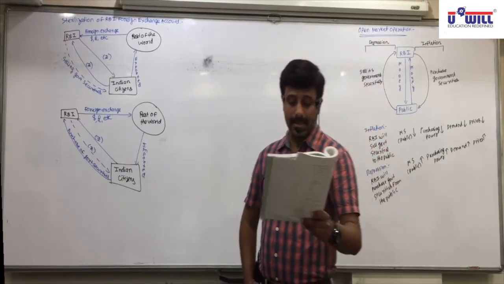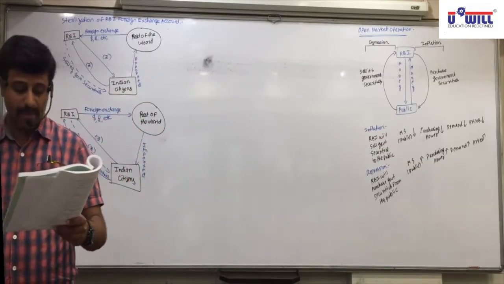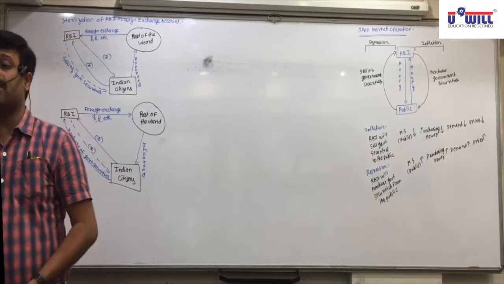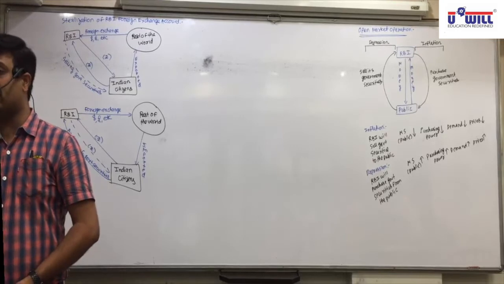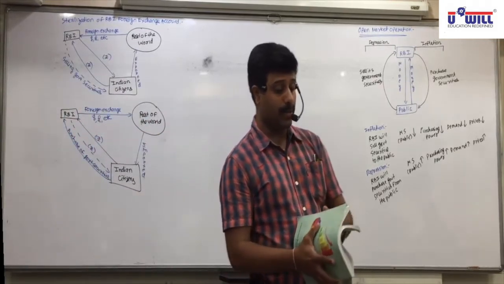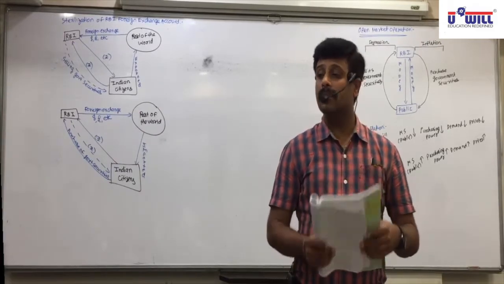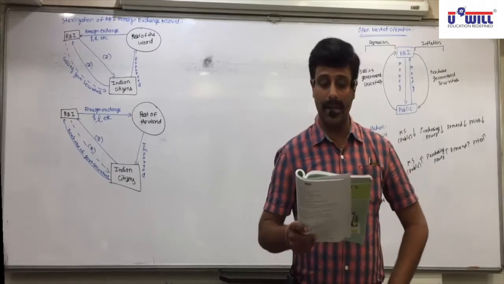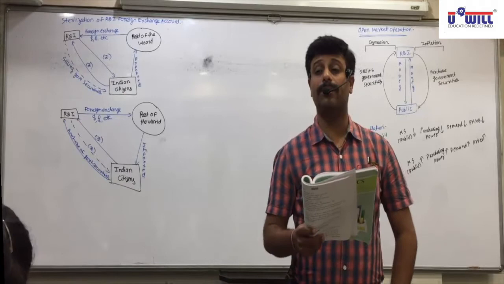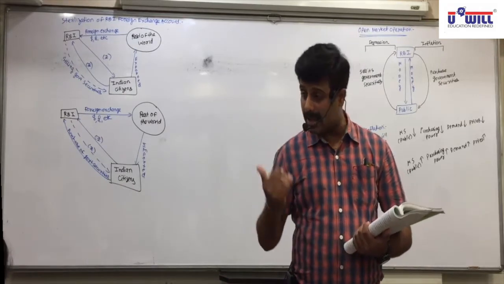Identify whether there is positive correlation or negative correlation between the following pairs of variables. Age of an adult person and life insurance premium. Positive. If your age increases, your life insurance premium will also increase. So positive, mark it as positive. Sales and profit. Sales will increase, profit will increase. Positive. Rate of inflation and purchasing power. Negative. If inflation increases, then your purchasing power decreases.